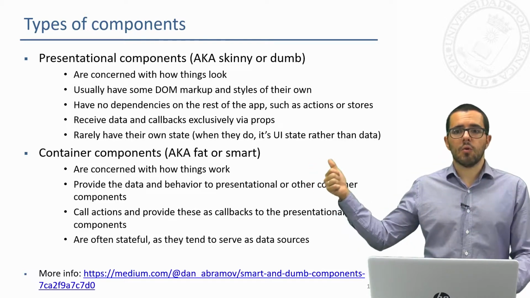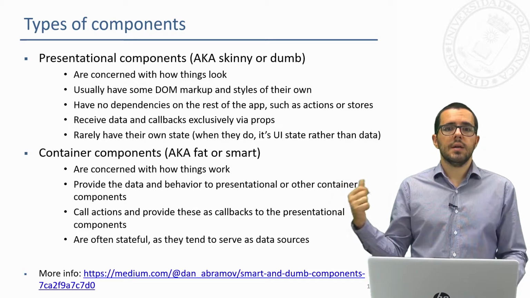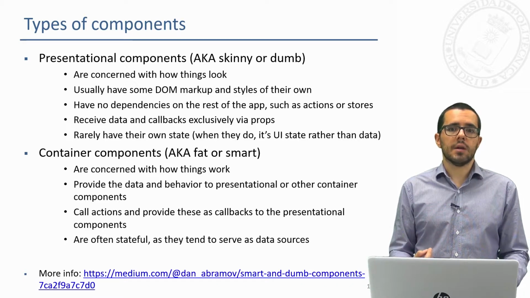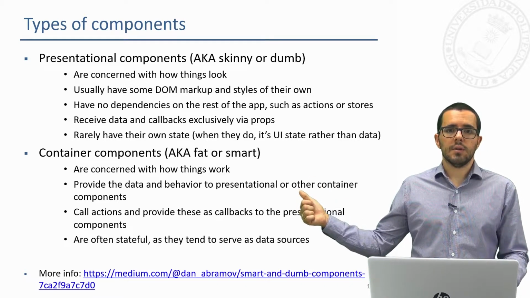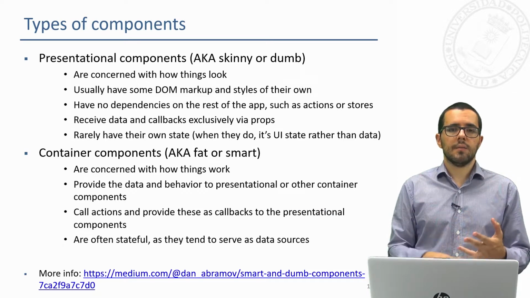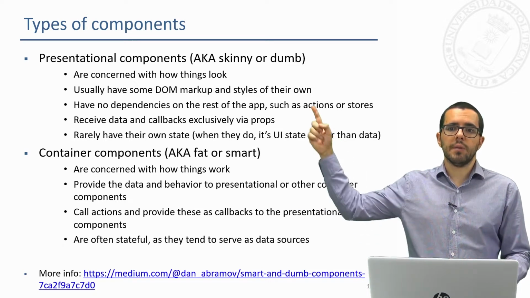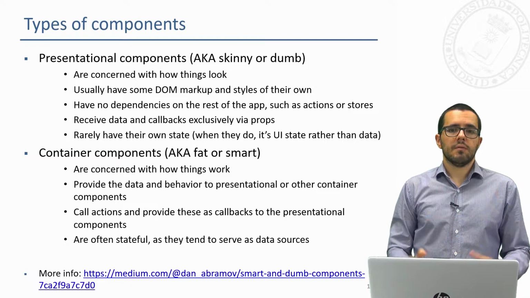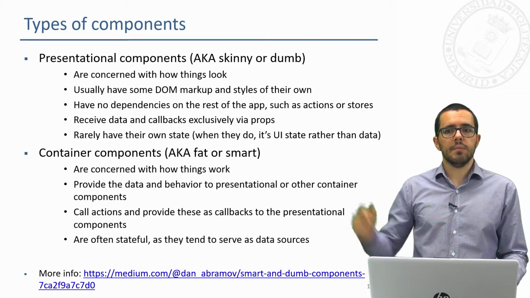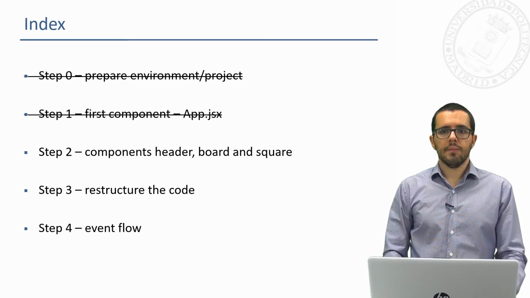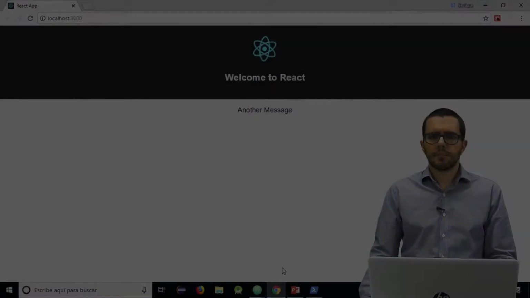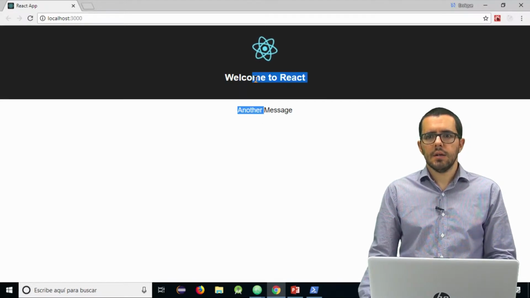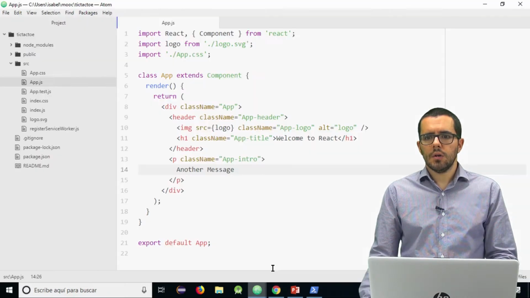And the smart components, or fat components, or container components, will have some logic. So our App component is a container component. Later we will add Header, Square, and Board, which will be presentational components. Usually presentational components are done as functions, but for simplicity we will also do them as classes. Okay, let's code. Starting from the scaffold React that create-react-app gave us, this one, we are going to modify it.